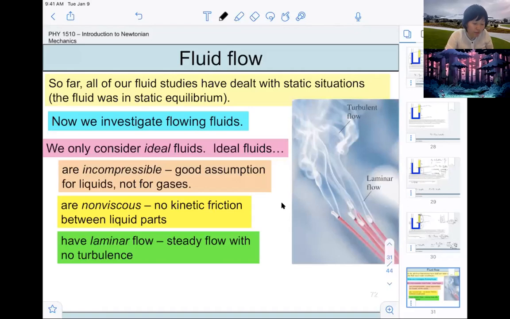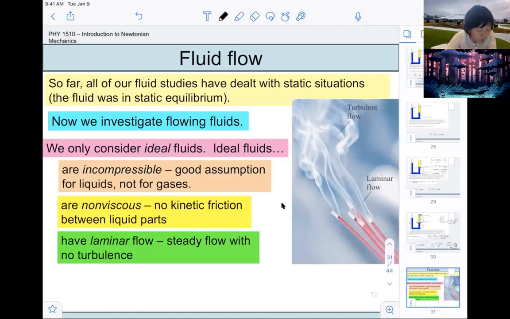Now we investigate flowing fluids. Noticing that in engineering, fluid dynamics is its own course, right? There is a whole branch of study focusing on flowing fluids. And obviously, there's no way we can teach you all of that in 30 minutes of class. But we'll try to do our best to cover a couple of theories and provide an overall review of